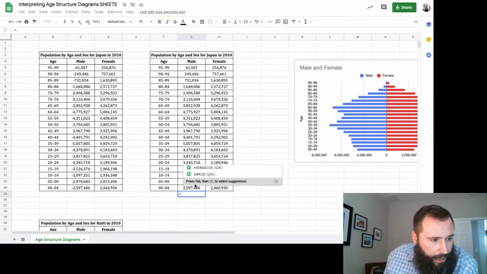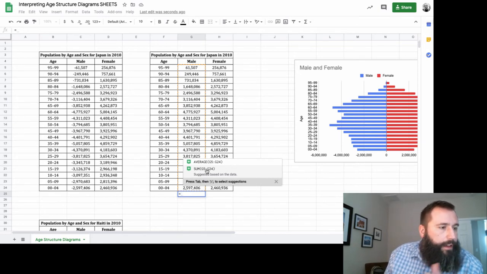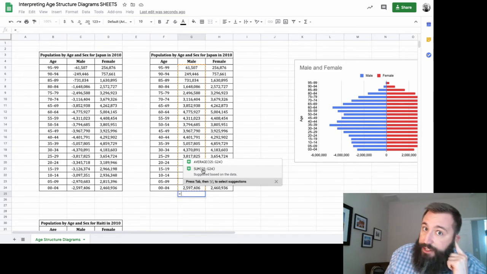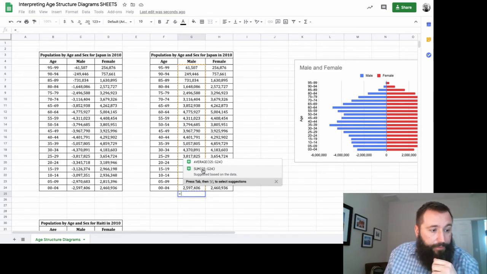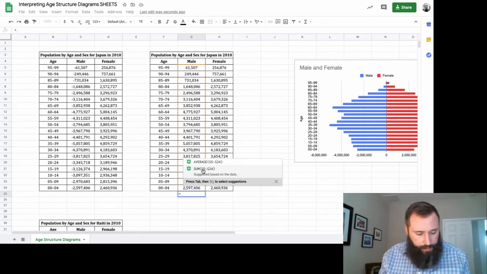Actually, it's kind of helping me out a little bit. I want to count up the sum of G5 to G24. So take a look, it's already suggested it for me. Nice and simple. If I didn't want to click on the suggestion, what I can do too is just type